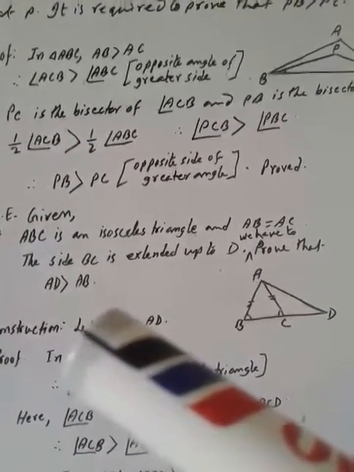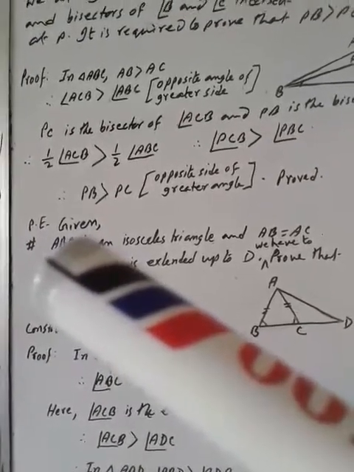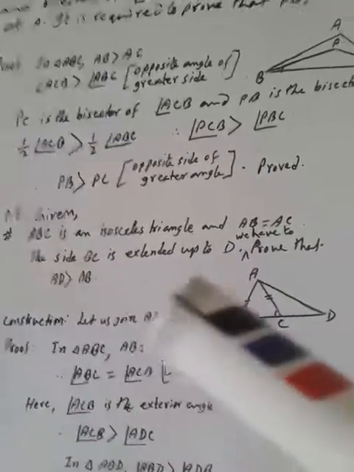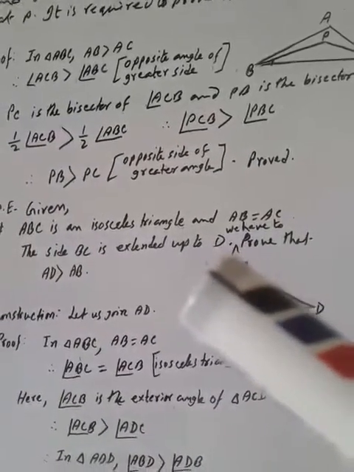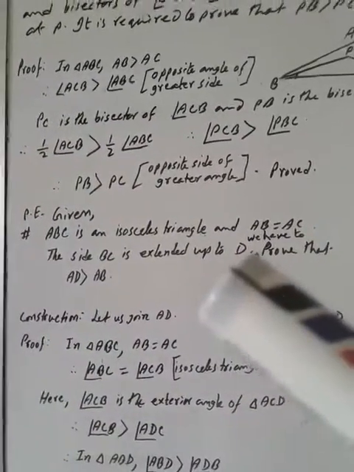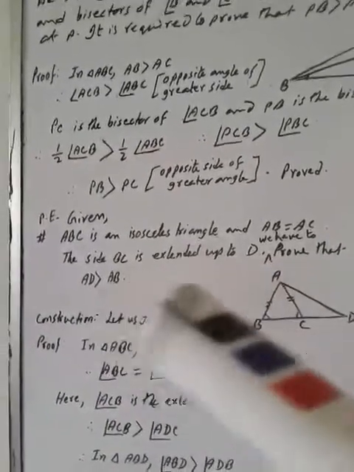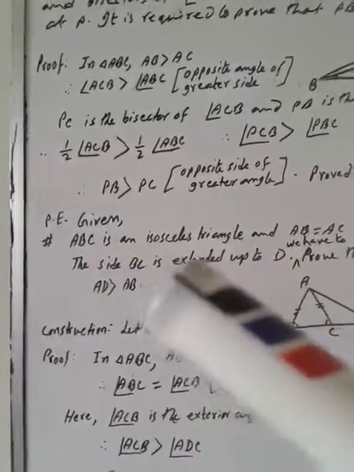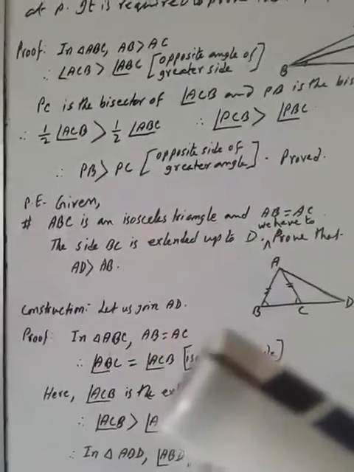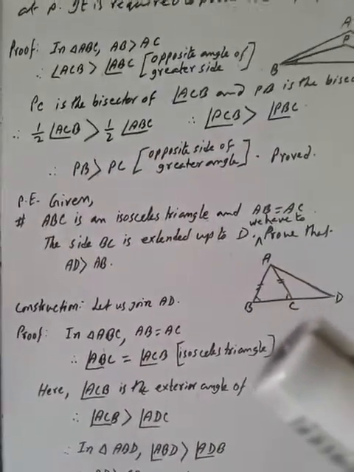This is the general enunciation. If we want to write the particular enunciation, we just have to write in the beginning "given ABC", and "join", and "we have to prove that". In the particular enunciation you have to add only "we have to", these three words, then it will be the particular enunciation. General enunciation and particular enunciation are the same. Construction: let us join AD. This is the construction.